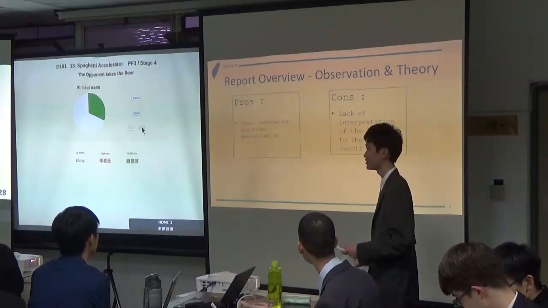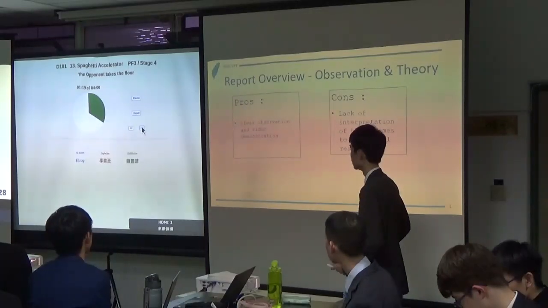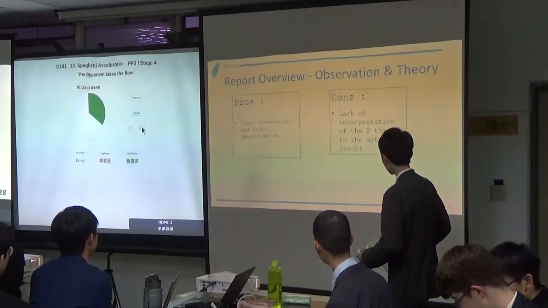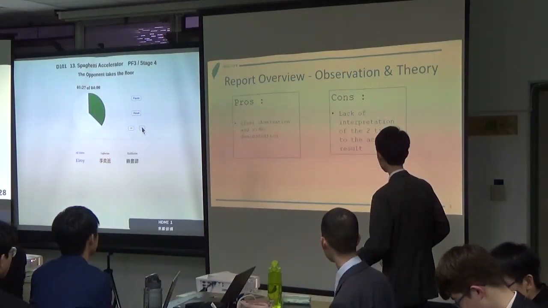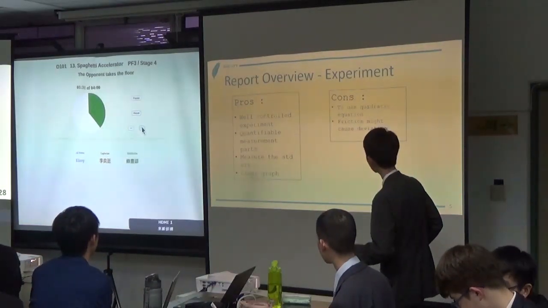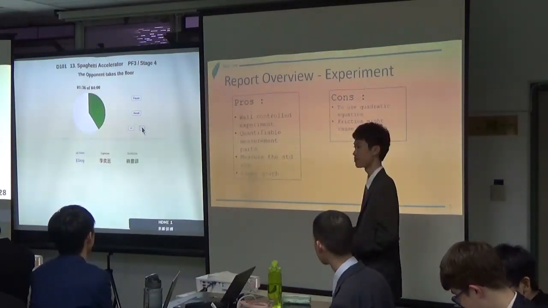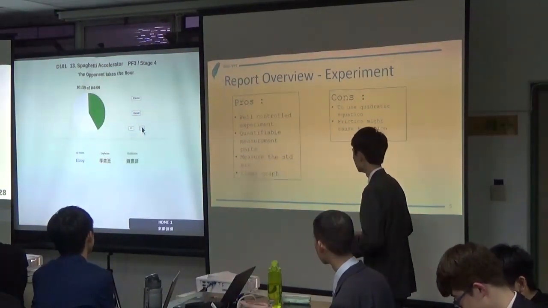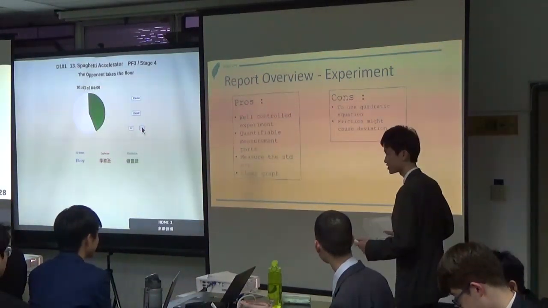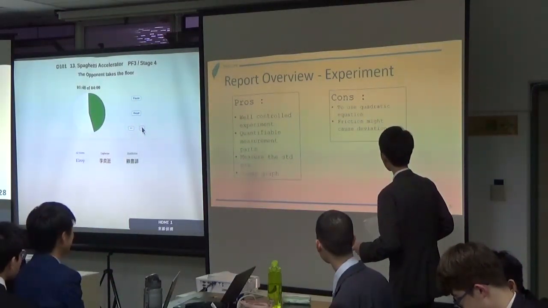As for the observation, they have a clear observation of the phenomenon and a very clear video demonstration. As for the cons, I think they lack interpretation of the results. As for the experiment, they have a well-controlled experiment and quantifiable measurements. And they have a clear graph. As for the cons, they use a quadratic equation to fit the data, and the friction may cause